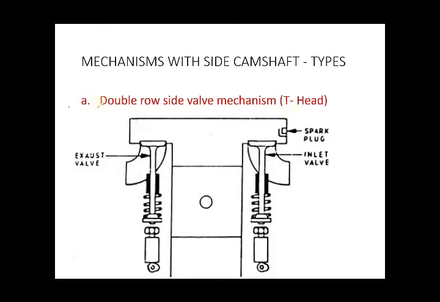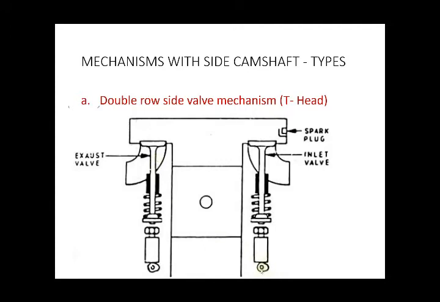So here you can see the first type is double row side valve mechanism. It is also known as the T-head engine. You can see here the engine head resembles the alphabet T. That is why it is known as the T-head engine, and the mechanism is known as double row side valve mechanism. So as you can see in this diagram, there are two cams separately for each valve, inlet valve and the exhaust valve,